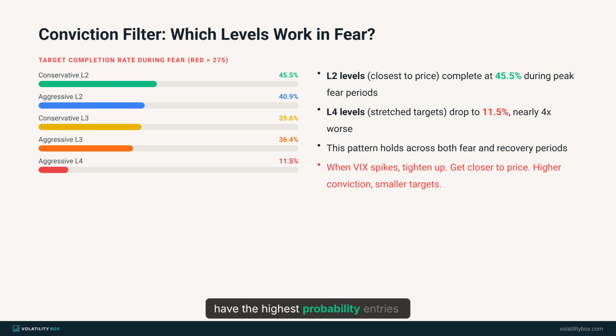They have the highest probability entries during this transition period. When you're not in this transition period, you'll find the inverse. So, for example, when you are in this period where VIX is, or not VIX rather, but the market breadth is relatively calm, you'll find the aggressive volatility box models are actually much better because you don't see price gravitating